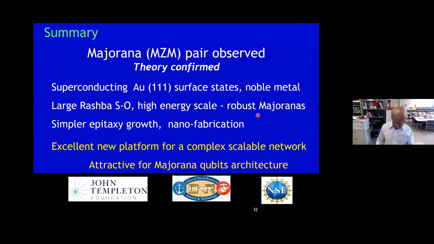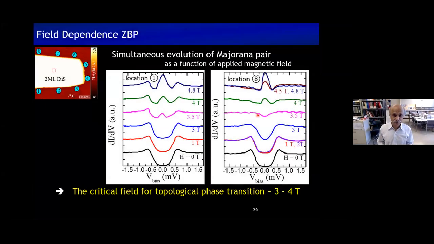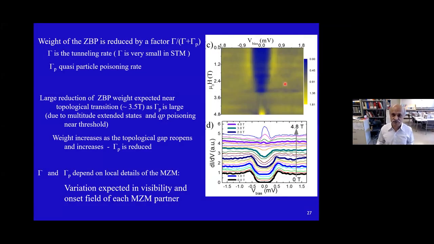No. As you saw before, for example, take this for instance. The transition is about half a Tesla as we're going into the topological state. That means it's not really one number. There is a critical field beyond which it becomes topological. Secondly, as I also see on the left side here, there are a lot of other factors involved in the observation of the peak or not. So having this small distribution in the field, I don't think it's a major thing.